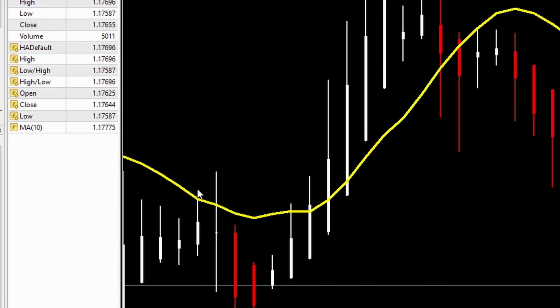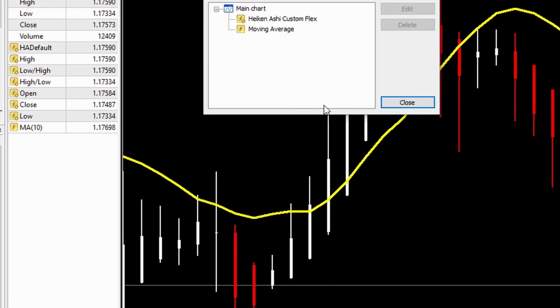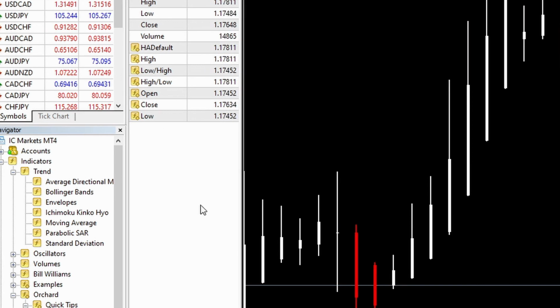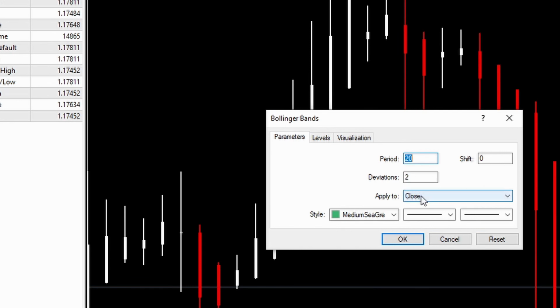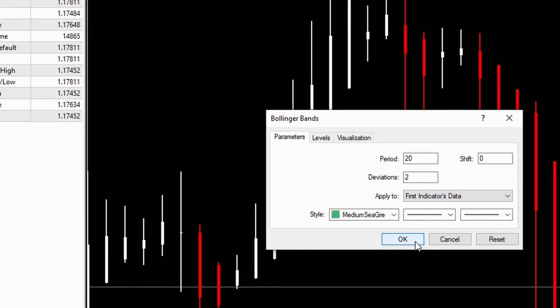The other reason you might want to use this technique over those in the earlier video, if I just remove the moving average, is because other indicators offer the same ability. So I can bring in Bollinger Bands, for example, and you can see that they also have an apply to first indicator's data.